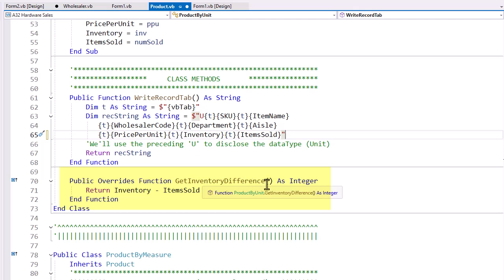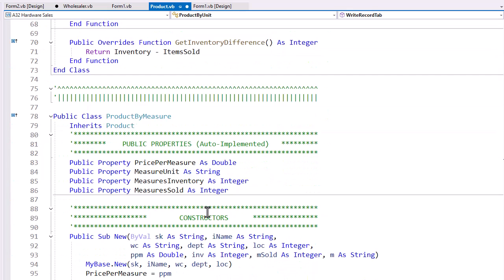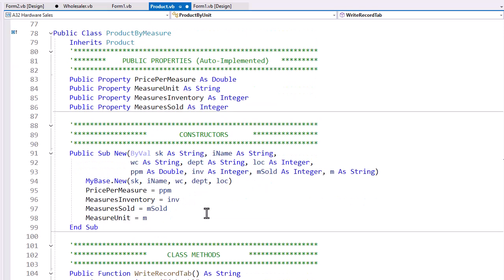And then we have our get inventory difference, which is overriding that abstract method. So it's public overrides function get inventory difference as an integer, and return the inventory property minus the item sold property. Very straightforward. I have some more comments here. There's another child method coming up here, and that is our